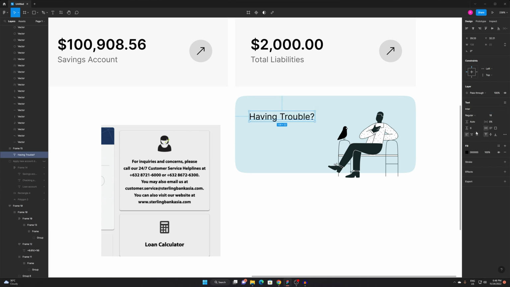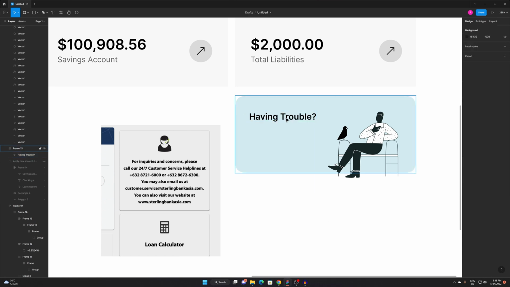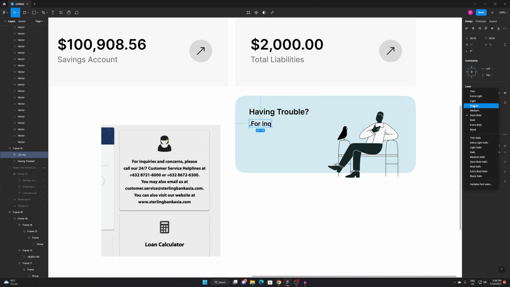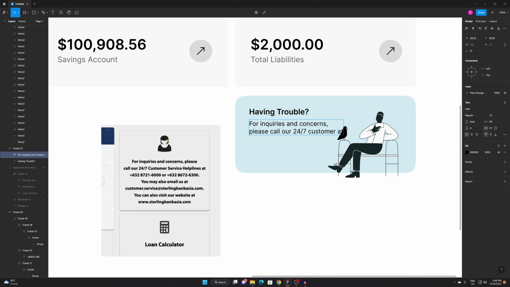$18. Maybe change this into bold. 16, and then we're gonna add some text. So make this regular first. Okay, so for inquiries and concerns, please call our 24/7 customer support at